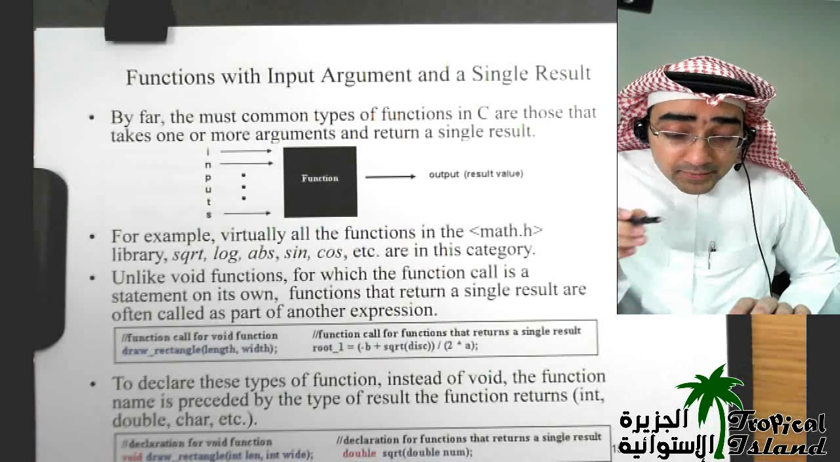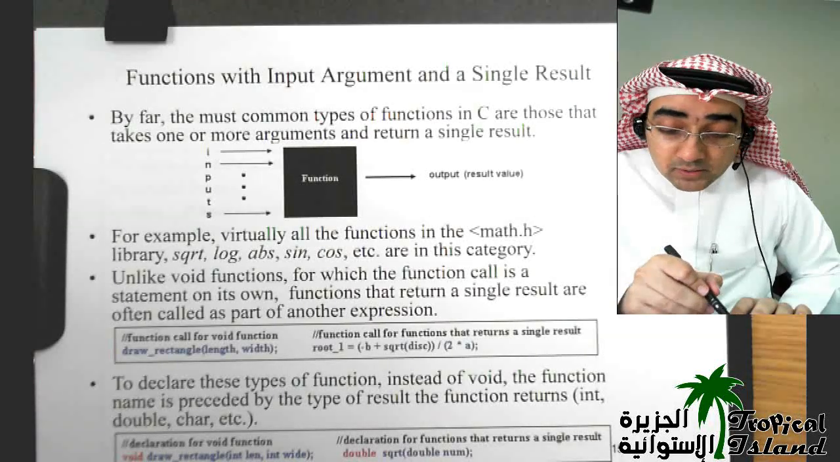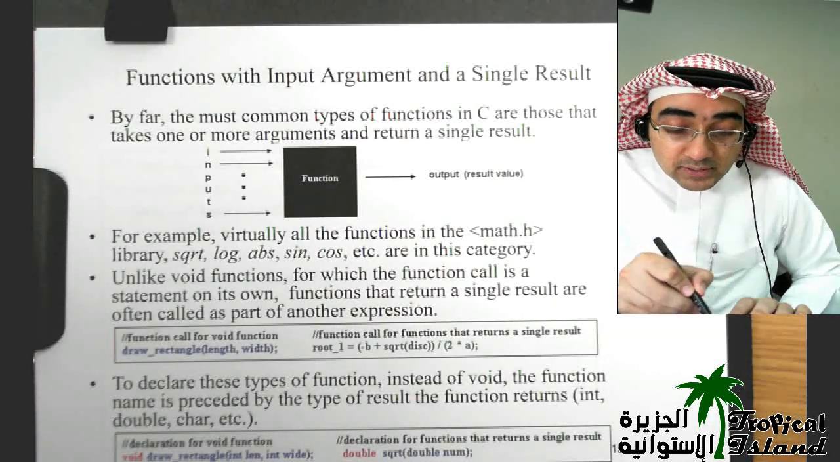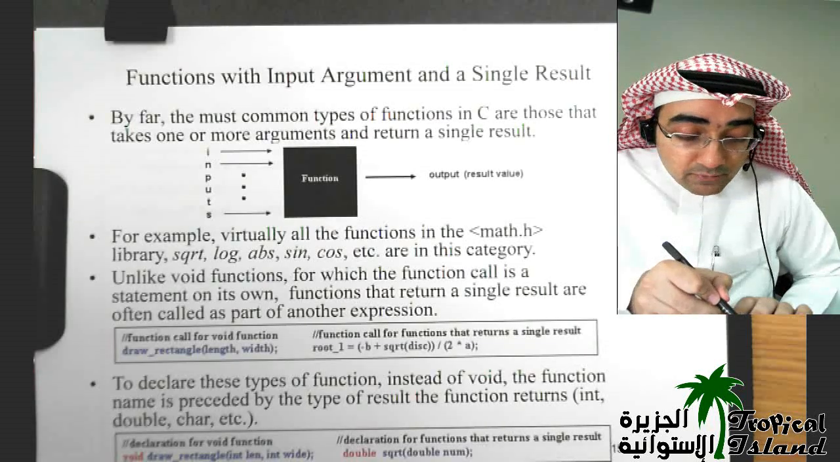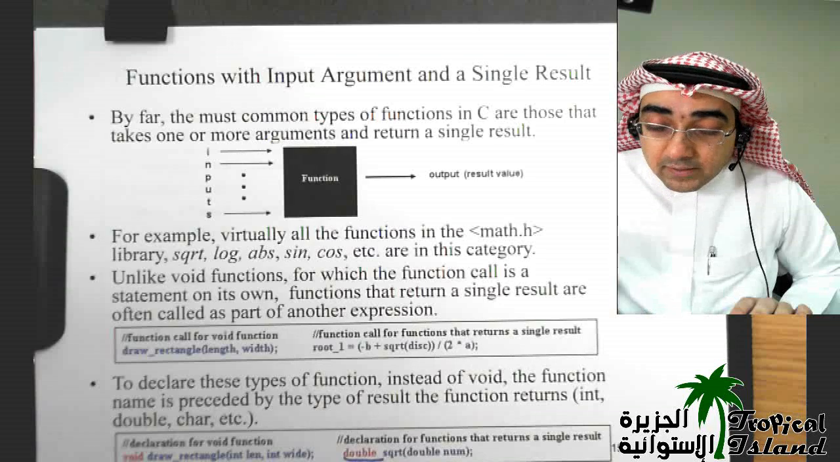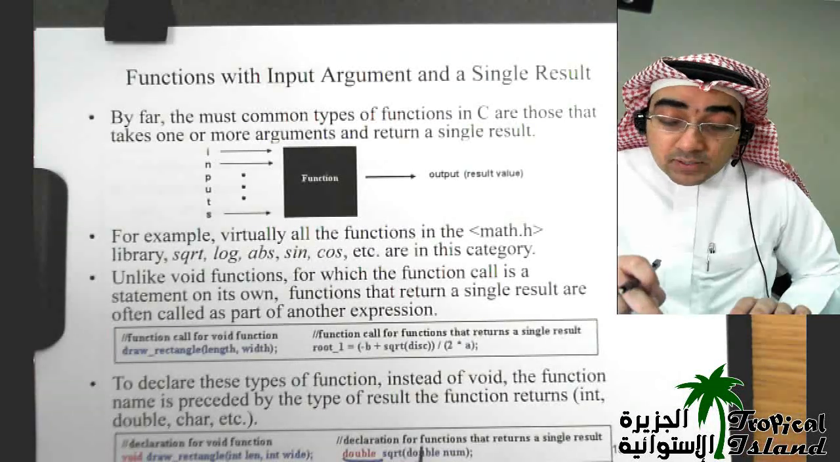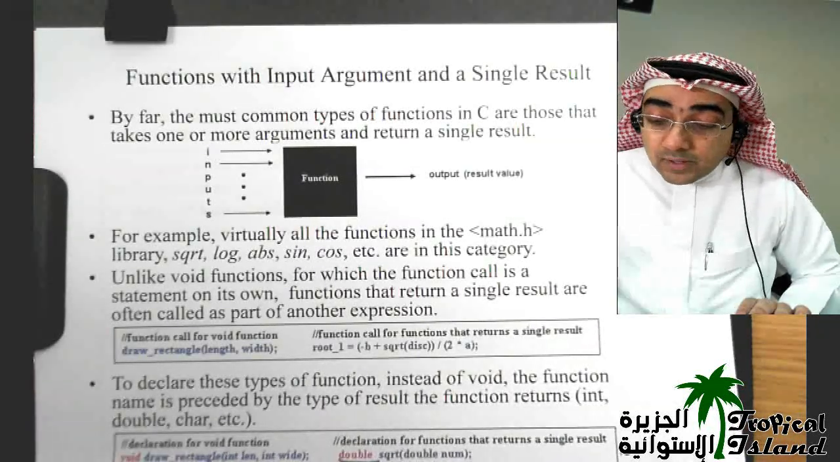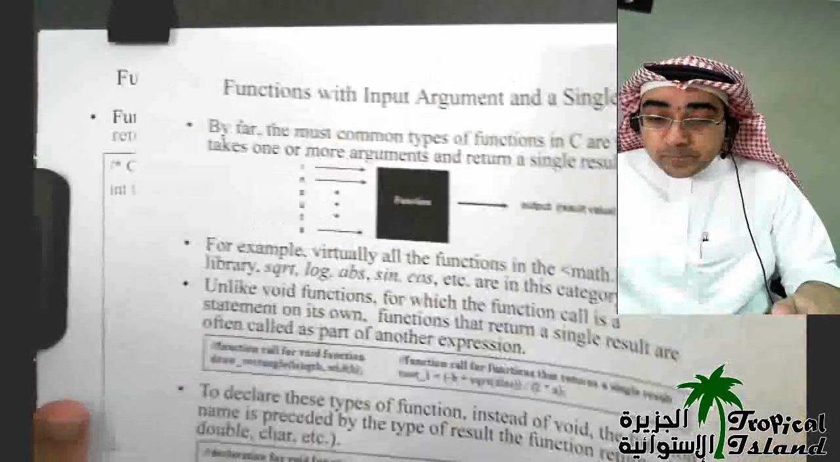Okay, in the function declaration and the prototype, the function draw rectangle, as we've seen before, is of type void, whereas in this type, when you return something, you have to specify the type that you return. So you have to say double, integer, character, whatever return value that you want. Okay,